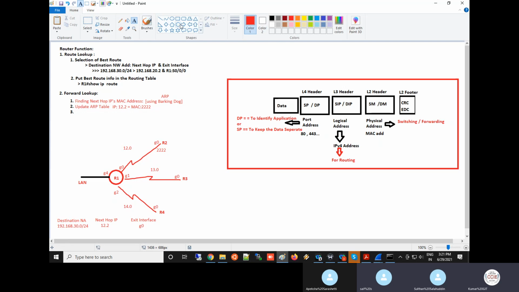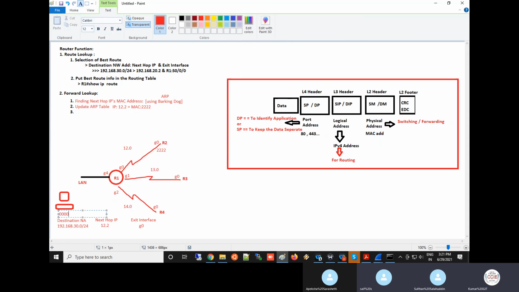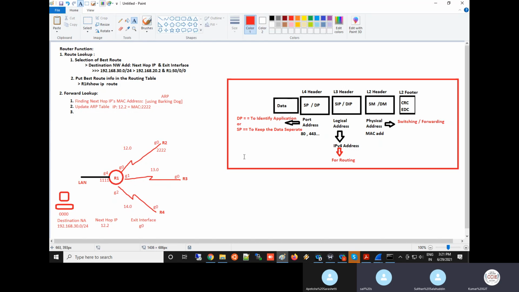But when the packet came from the PC, for example, the PC's MAC address is this, and this MAC address is this router's. The packet data came, so how will it come?